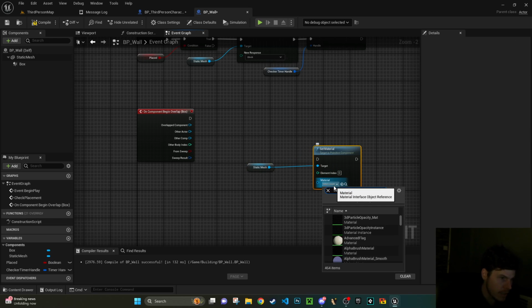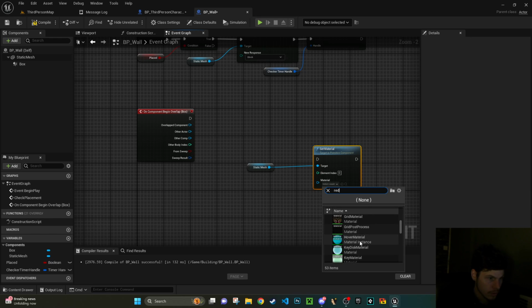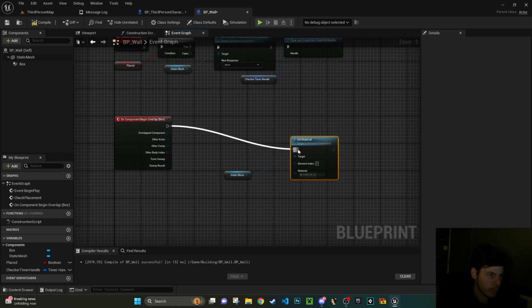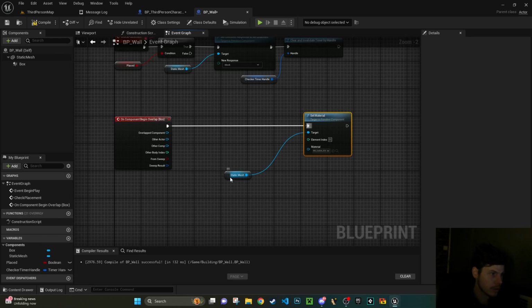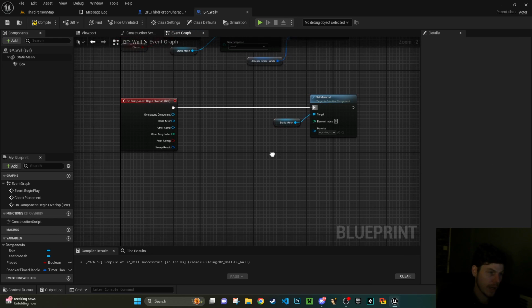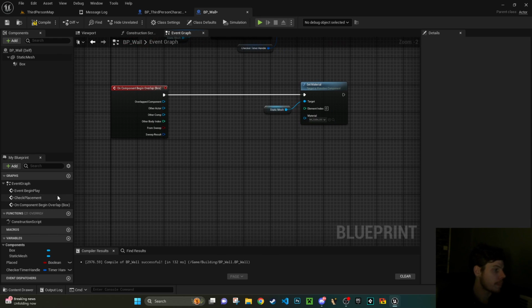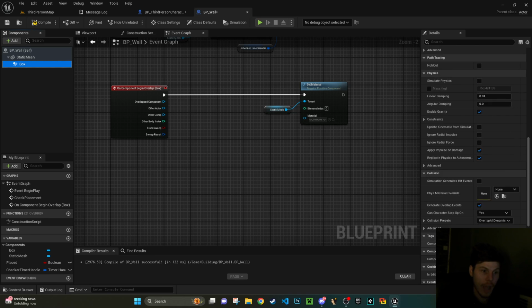Let's find something red. That's funny, you'd expect when you type red you get red stuff, but I guess. So MI cube, that'll do. If it's overlapping something, set it to red. I guess you should check to see if it's not yourself. That'd probably make sense. And then again on end overlap,